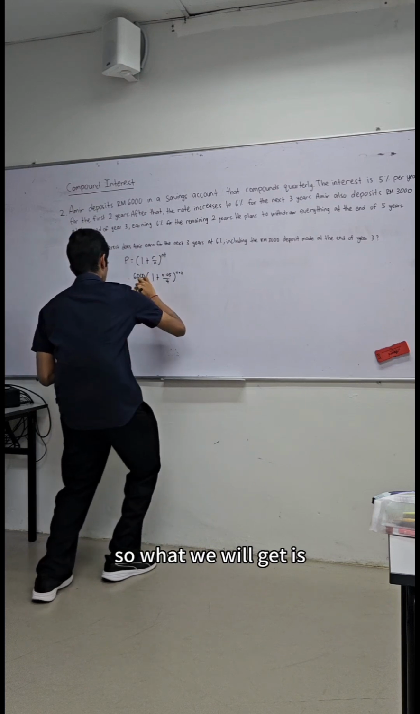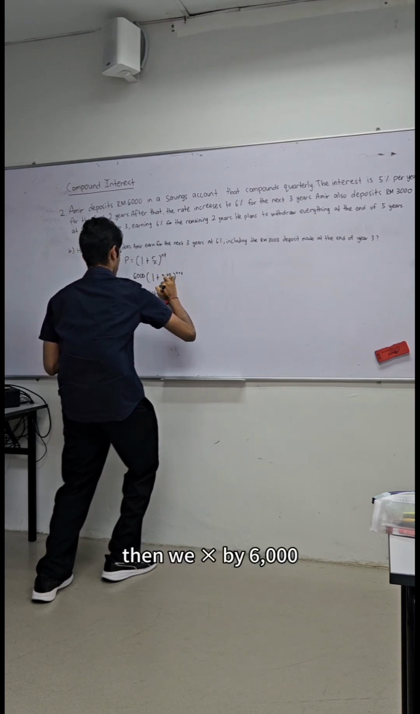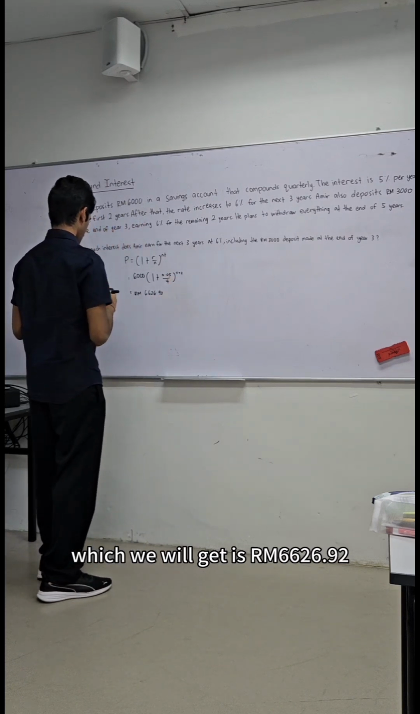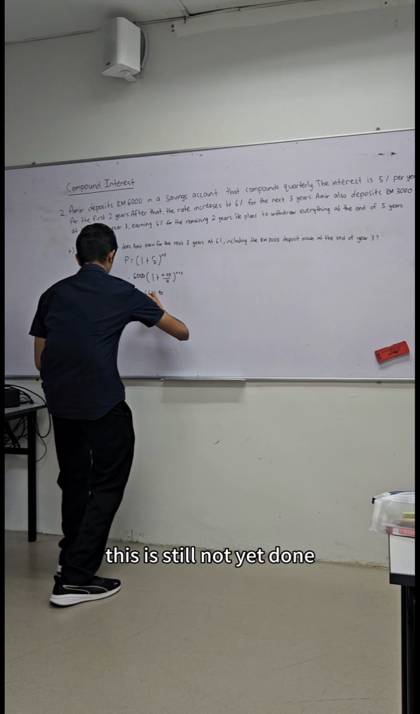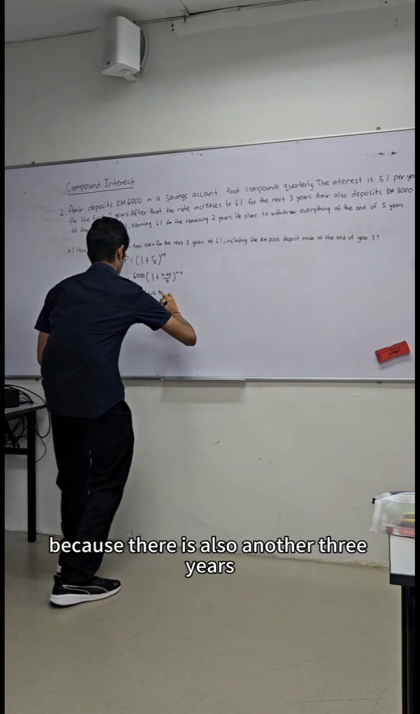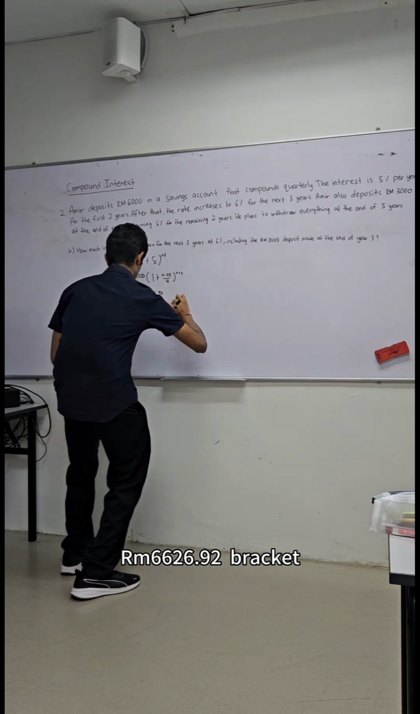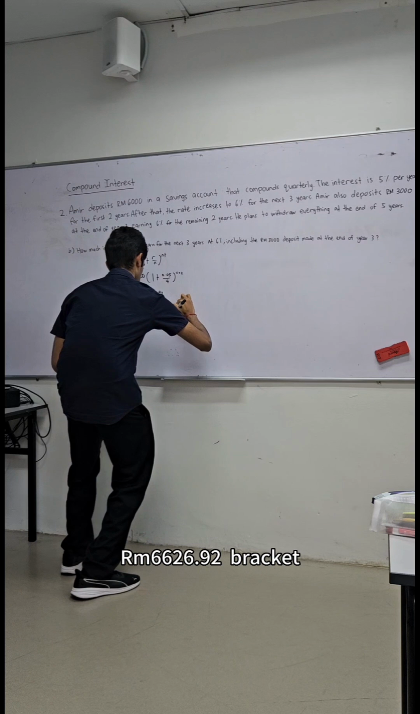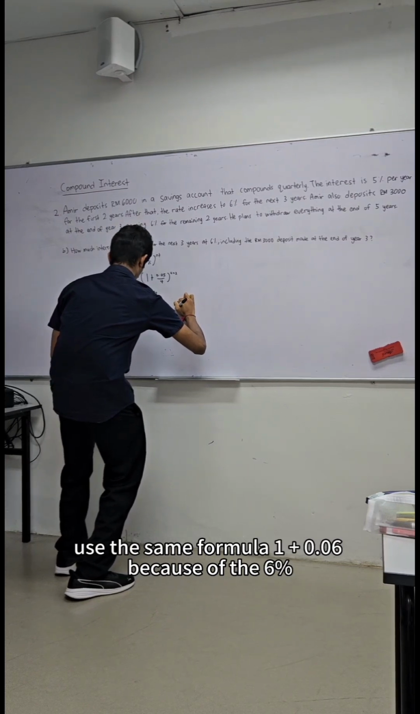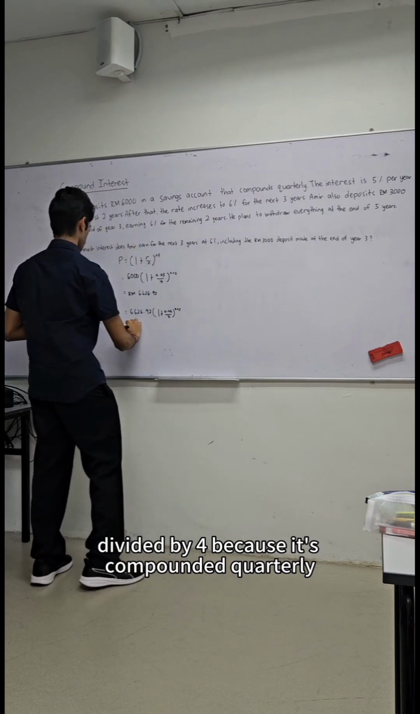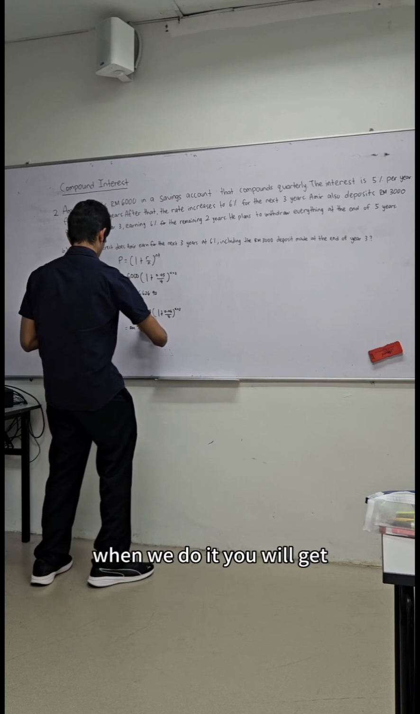So what we will get is, we solve the bracket first, then the power, then we times by 6000, which we will get is RM6,626.92. This is still not yet done because there's also another 3 years. So you take that same amount, 6,626 ringgit 0.92 cent, bracket, use the same formula, 1 plus 0.06 because of the 6%, divide by 4 because it's compounded quarterly, to the power of 4 times 3 years. It says 3 years. When we do it, we will get RM